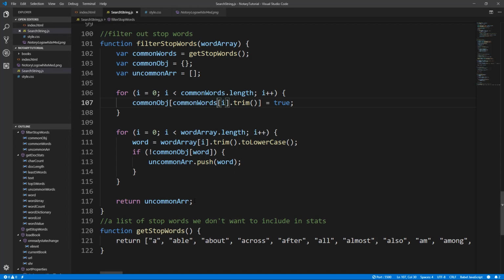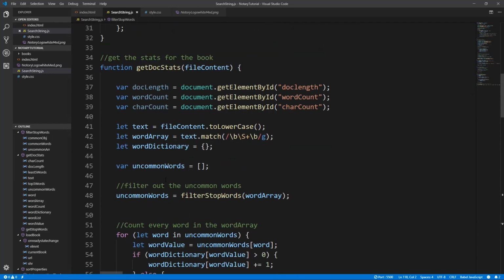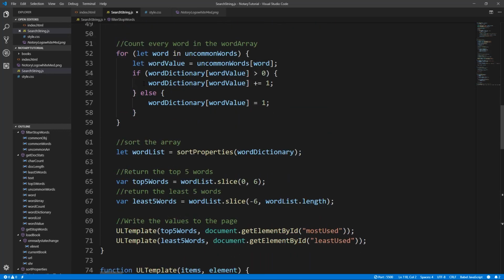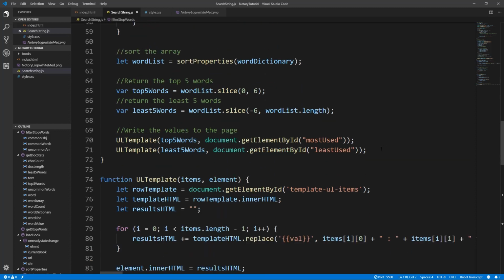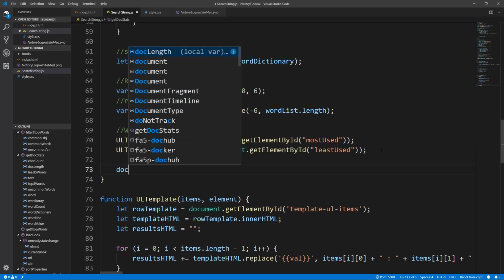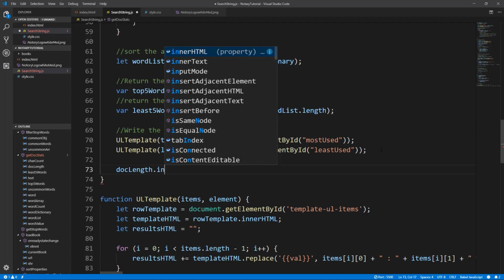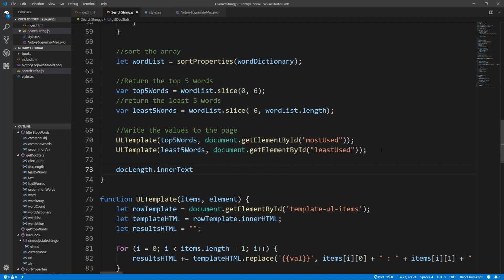So let's go up here to our function, which is our getStats function. Let's write two more statements here. I'm going to get the doc length, and I'm going to set the dot length. It's inner text, and I'm not going to use HTML for this. And I'm just going to put a thing in here called